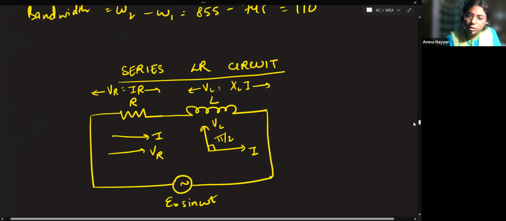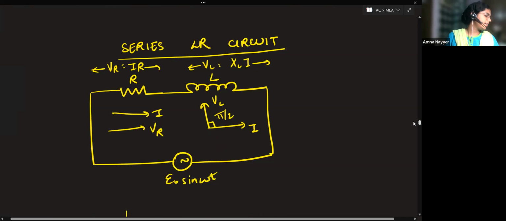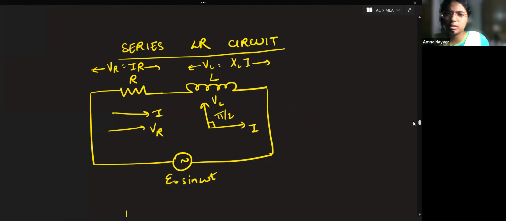Now there are a few small circuits. Let's complete them; 15 minutes are there. These circuits are very, very easy to understand. You have done LCR circuit, and all those students who have honestly understood LCR circuits will find understanding LR circuits and RC circuits very easy. Here in the LCR circuit, just remove C, the capacitor component. What are you left with? You will be left with a resistor and an inductor.